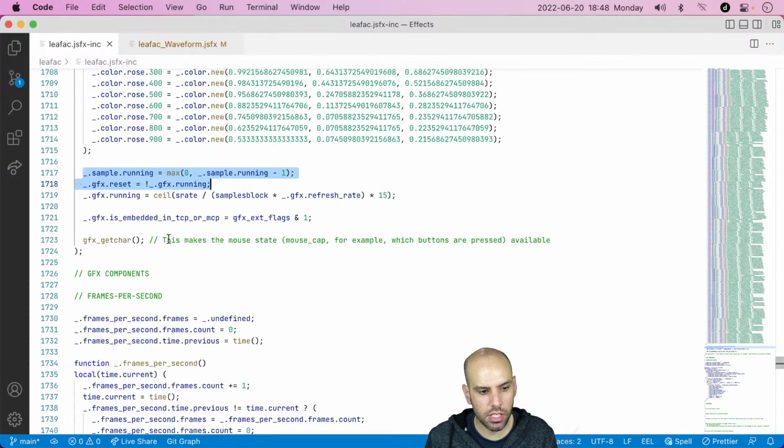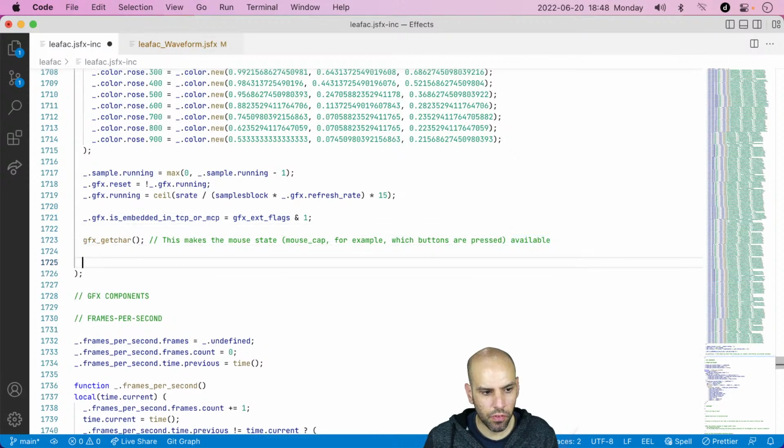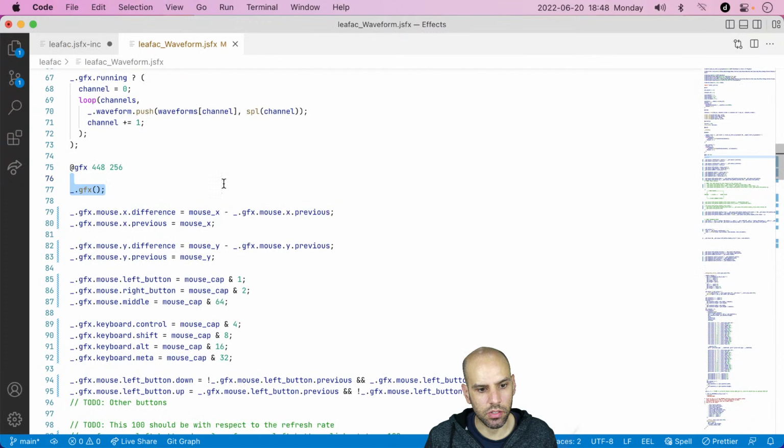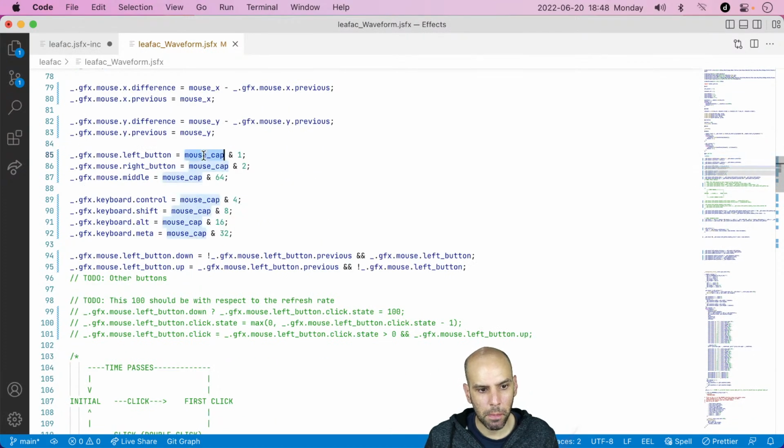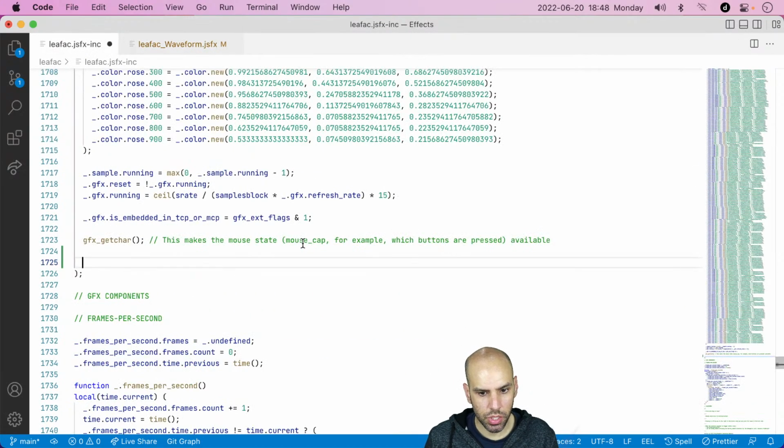It's already doing this, it is doing that, and this needs to occur before we do any other user interface stuff, because we will be using mouse capture, and for that to work,